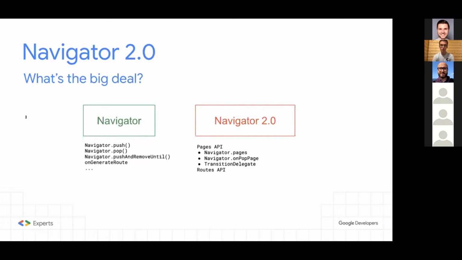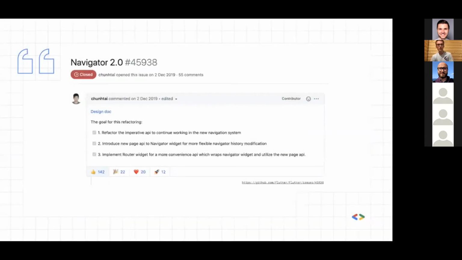However, with Navigator 2.0, we finally received a really interesting tool to manage the Navigator stack. It's called the Pages API and adds several handy properties or methods to the Navigator widget. We'll go through them one by one today and finish the talk with the introduction of another widget called Router. So in essence, we're going to discuss and present the new declarative management of pages in Flutter. And I think this is exciting if you've used Flutter for more than, let's say, a few months. We've always wanted some declarative way to manage the navigation stack.